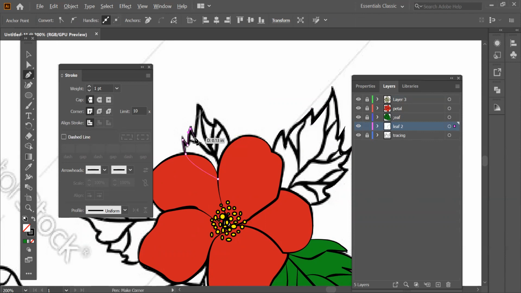See, the more you will divide it like similar to the stroke and all, the more easier it will become for you. Okay.